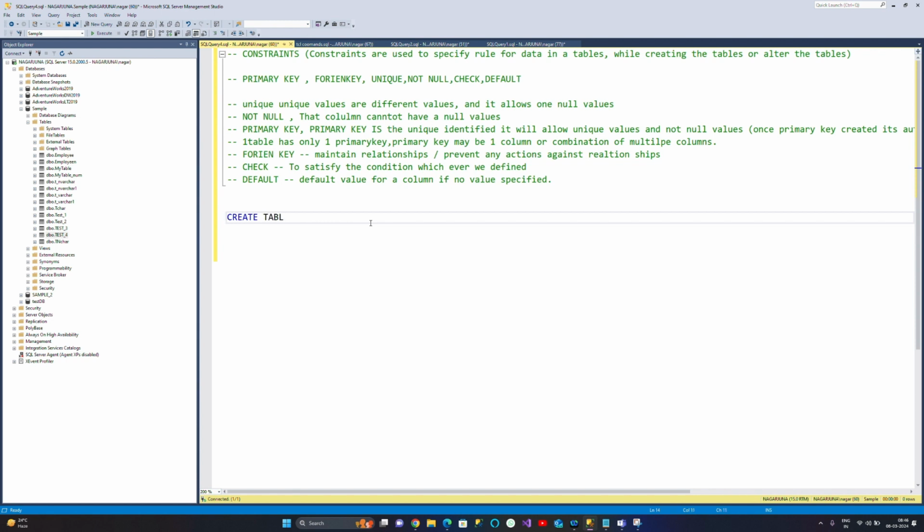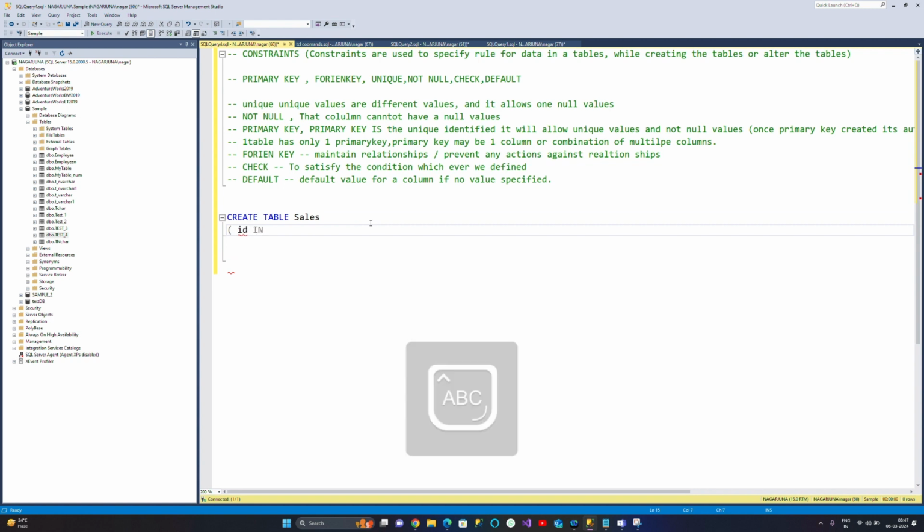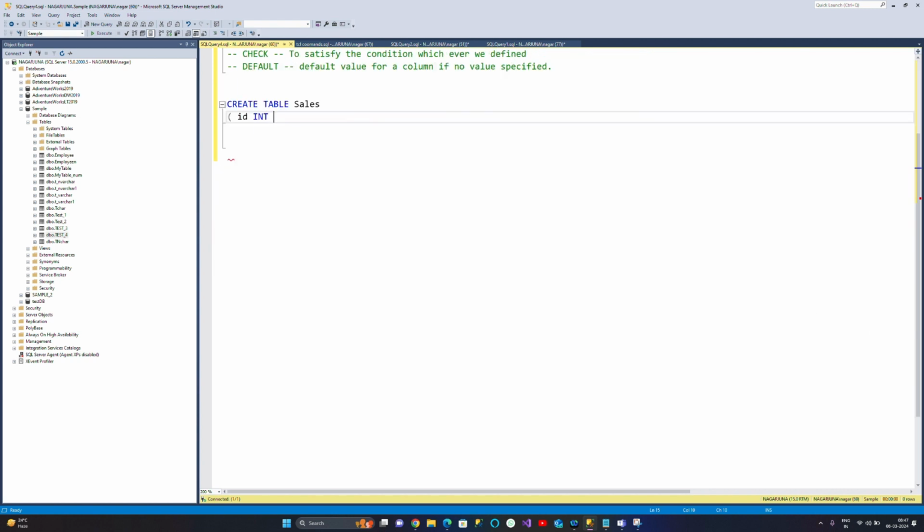Already we have a test table, so create table sales. ID is the integer, and we will start with unique. ID is unique. Okay, ID int unique,